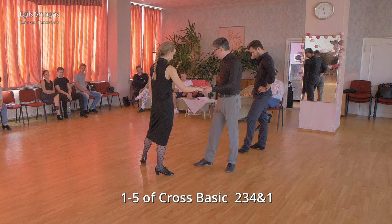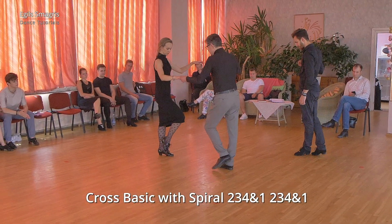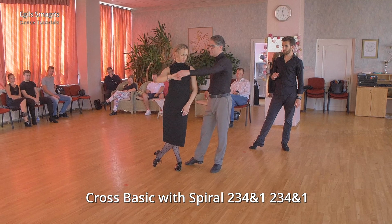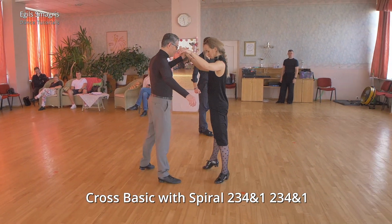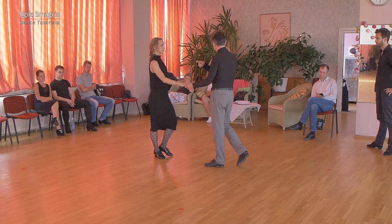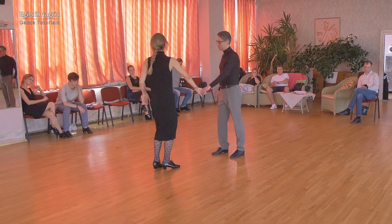And now we will add spiral. So we dance 2, 3, 4 and 1, and on 1 lady does spiral. We continue 2, 3, 4 and 1. Now instead of close and step, which is the beginning of cross basic, we dance swivel ending for lady,